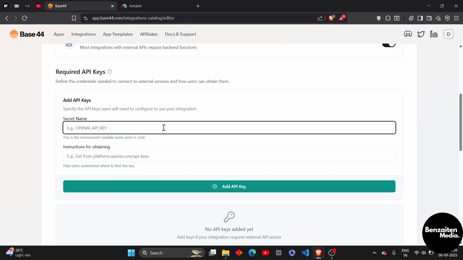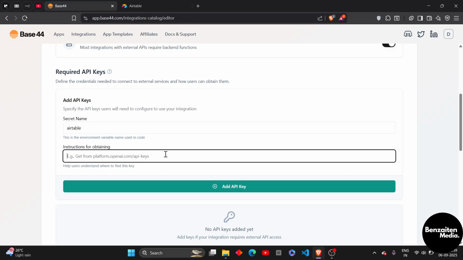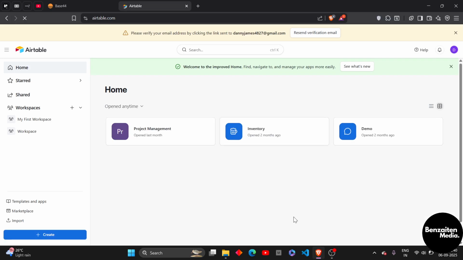content, and here in the secret name you need to enter the API key name, and then here you need to get the API key. So to get the API key, you need to open Airtable in a new tab, and when you are redirected to the Airtable's homepage, on the right side of the tab, you need to click